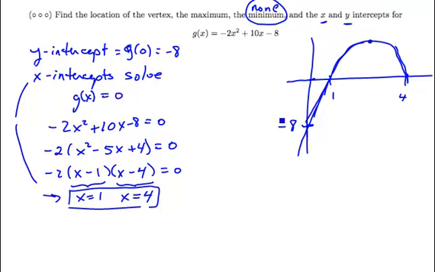That's the y-intercept. And I now know that the turn here is going to be halfway between 1 and 4. There's a gap of 3 here, so if I come up 1.5 from 1 or down 1.5 from 4, either way I should get this turn. And so that would be at 2.5. So the x-coordinate of the vertex is 2.5, and the y-coordinate then is g at 2.5. So if I plug 2.5 into the function g,